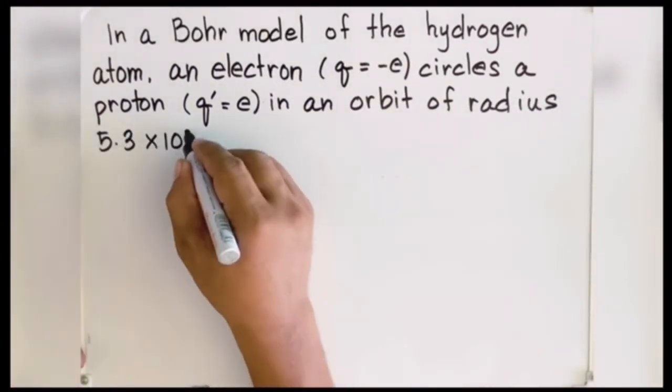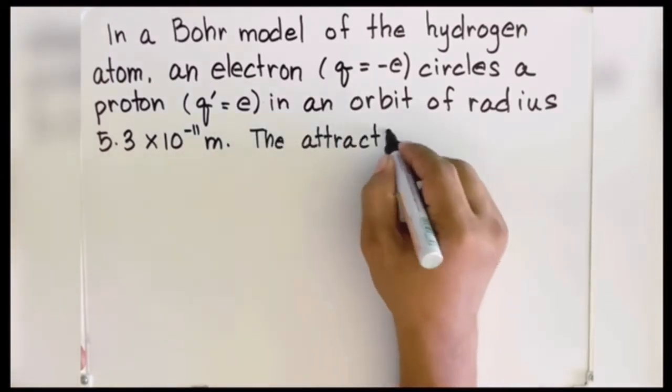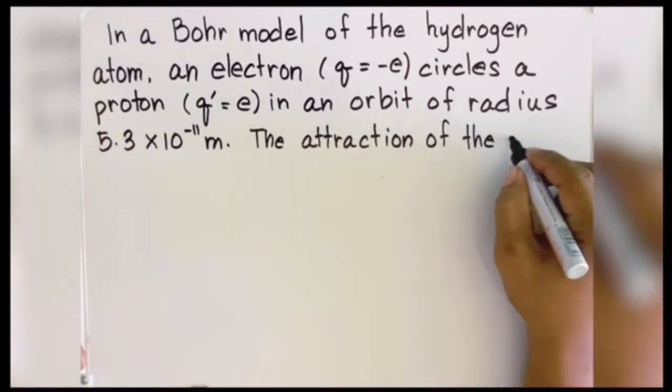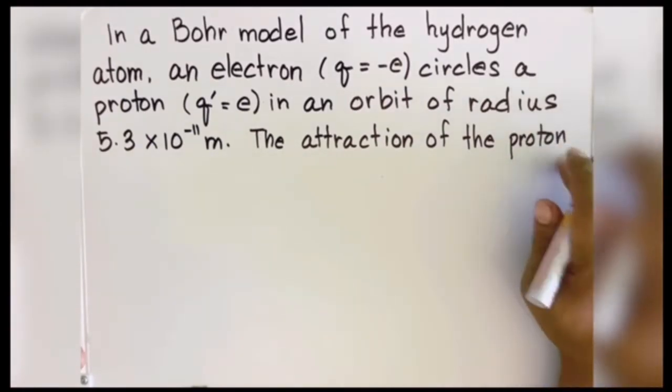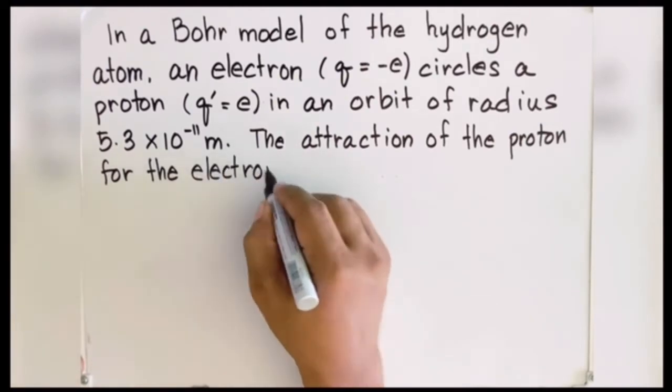Assuming that the radius is equal to 5.3 times 10 to the minus 11 meter, the attraction of the proton for our electron